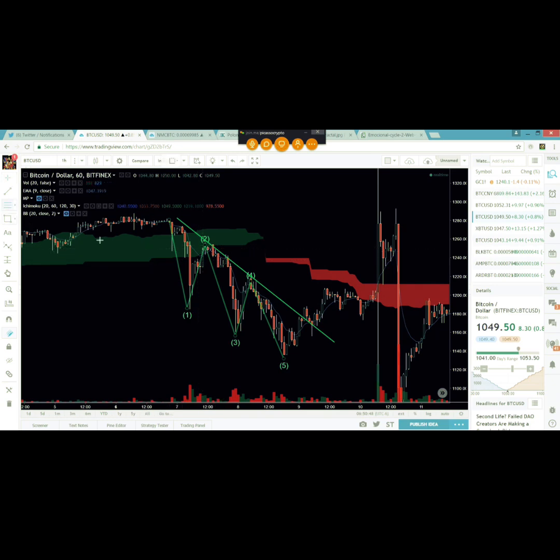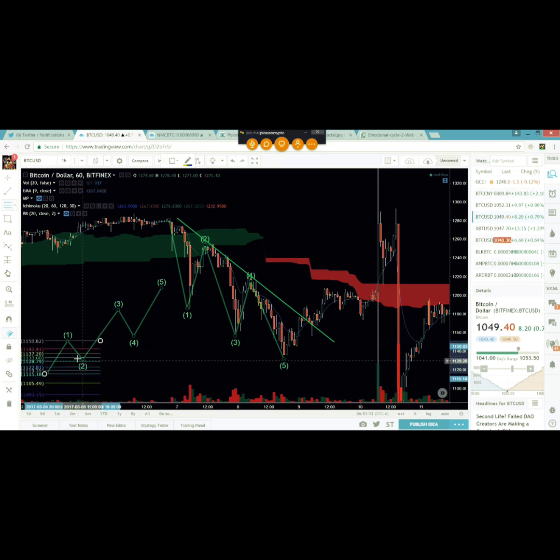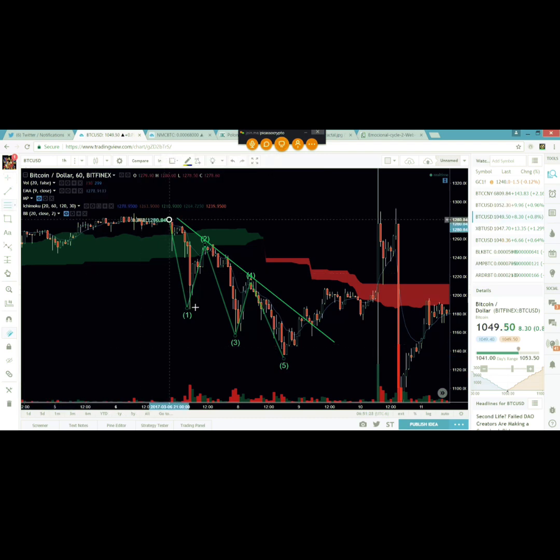Now, this is the same way that we would play this on the way up. If we're looking at it for an Elliott wave on the way up, we're looking to get in at our number 2 and our number 4 points. And the way that we're playing those is by waiting for that first move to do what it's got to do, and then drawing a retracement of that and getting in at that number 2 point for the next wave. It's the same thing on the way down. That's why you see things that will rally back up like this, and then they'll come right back and then go right back down. They move in the same fashion.